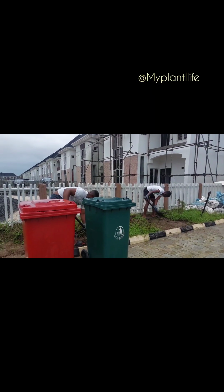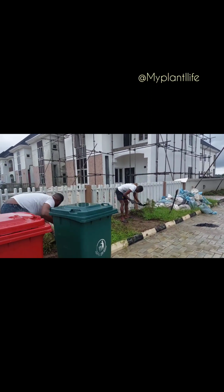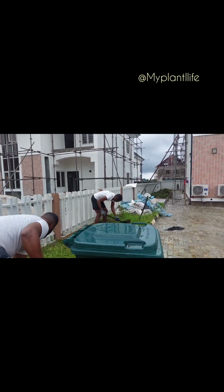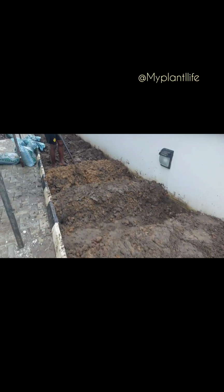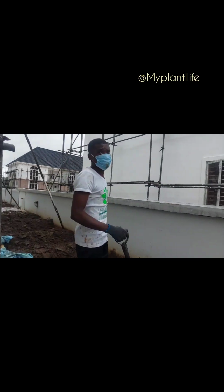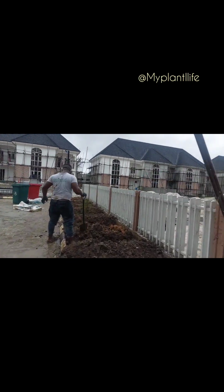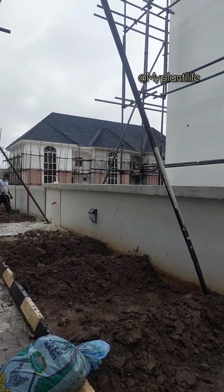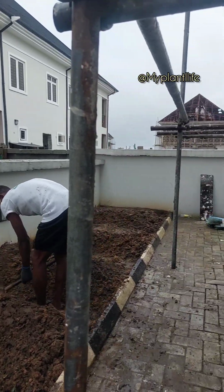So as we were taking out the grasses, I realized that some parts of the garden were waterlogged, and I asked my client if it takes a long time to really go down, and she said no. But I just wanted to play it safe, and I told my guys to make the beds higher. They should make ridges like this so that whatever we are going to plant later on will not drown from the water. I did not know how long the water stays in the ground or on the surface before going